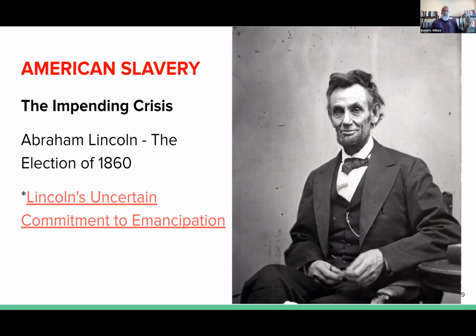You take the material property of your enemy where you can to weaken that enemy, and taking enslaved people who happen to make their way to the Union lines as contraband, Lincoln recognizes even earlier on